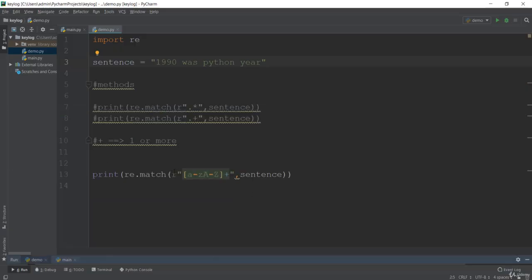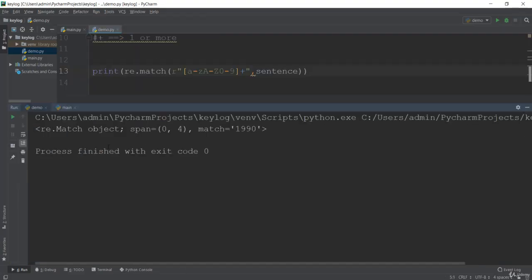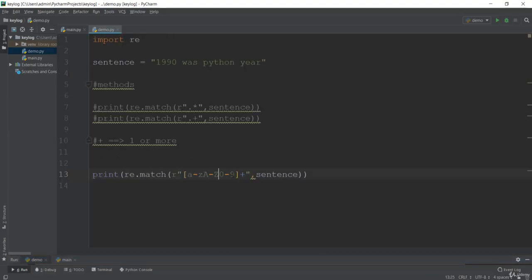So what we can see over here is that match, which is the method of the regular expression, does a local search. That means it will only search the first part of the sentence. It was searching for these alphabetical characters, but not digits. If it has something like 0 to 9, then you could see a different result here. It is saying 1990s was there, because we now included digits too, but we don't want to include digits. We want only these alphabetical characters.